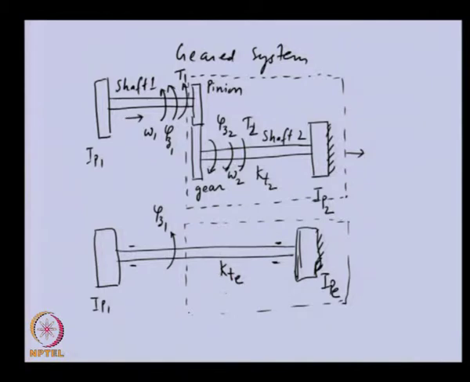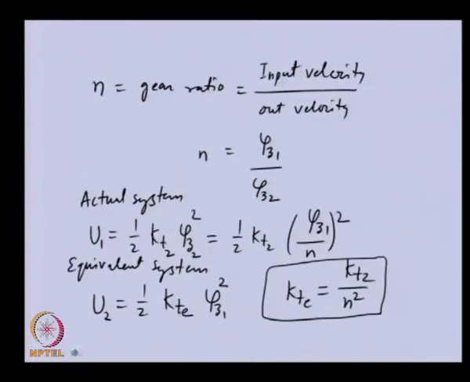Now, in the second case, we will release this flywheel. As we did earlier, we had fixed it. Now we are assuming they are not fixed, but we are considering the shafts as rigid. For the second case, these two shafts are rigid. That means whatever displacement we give here, this particular flywheel will have the same displacement, because we are considering the shaft as rigid. Now, we will obtain the kinetic energy of these two systems.